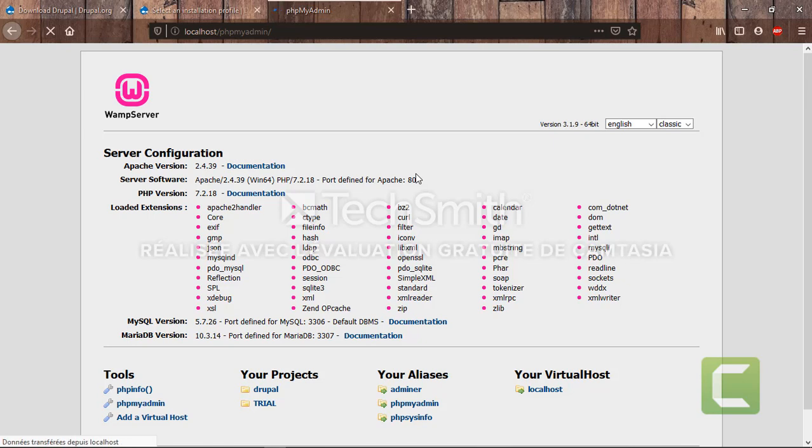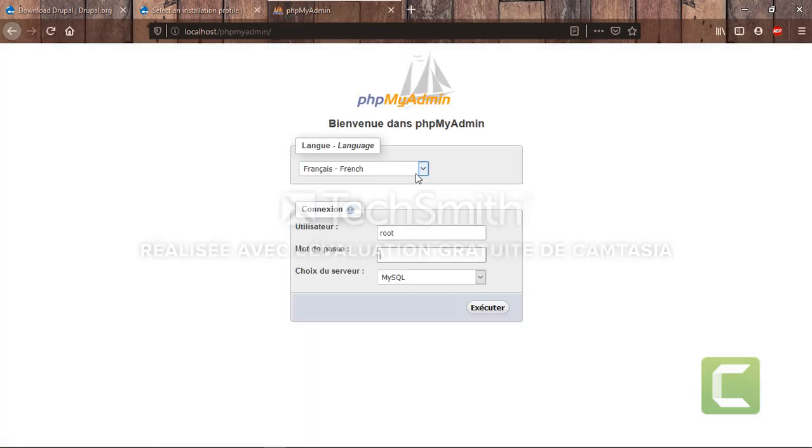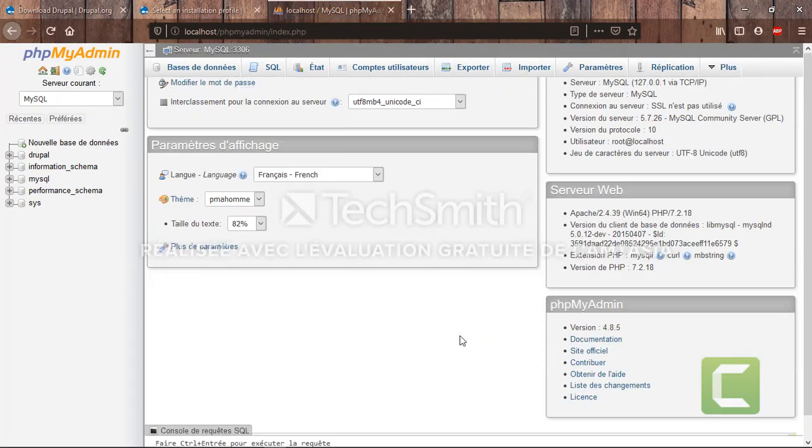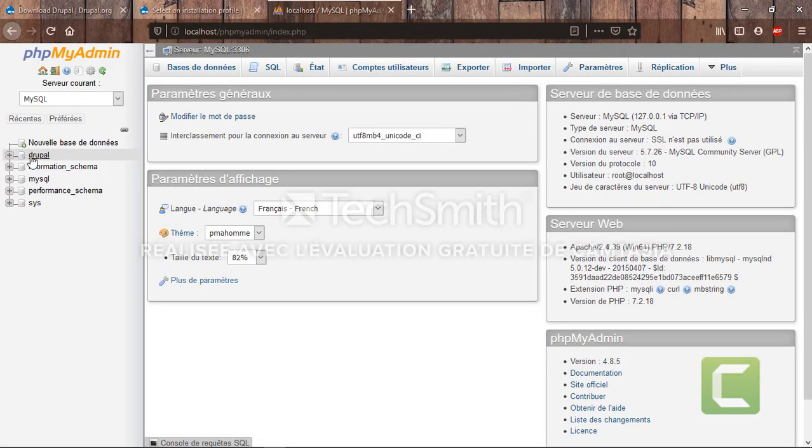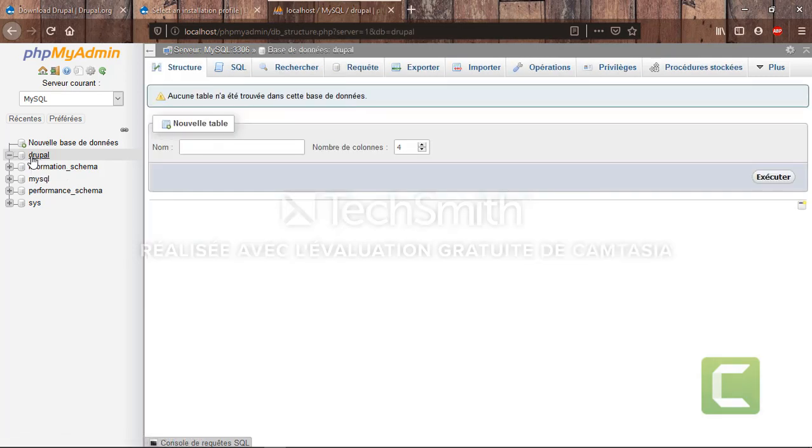To get into phpMyAdmin, the user is root, without a password. This is my database. I've already created it, so I'm going to show you how to do some operations on the database.